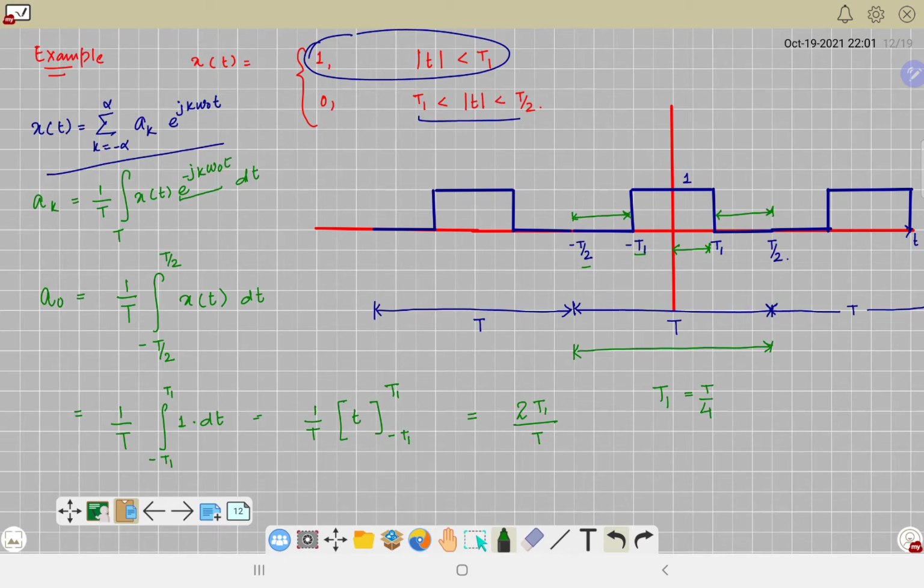Let us put this additional condition. What I mean by this is I am assuming that the square wave is unity for half the period and 0 for half the period, ठीक है।